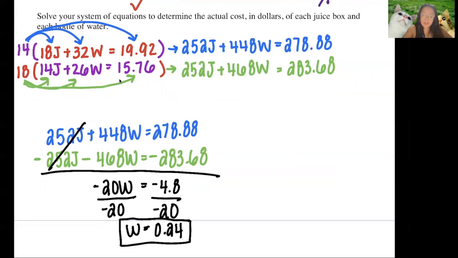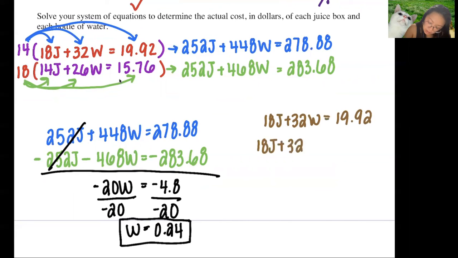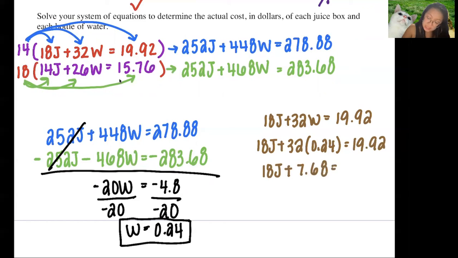Let's plug back in to find out how much the juice costs. I will again use my original equation. So 18J plus 32W equals $19.92. 18J plus 32. I know how much water costs now. It costs 24 cents, equals $19.92. 32 times 0.24. I have 18J plus $7.68 is equal to